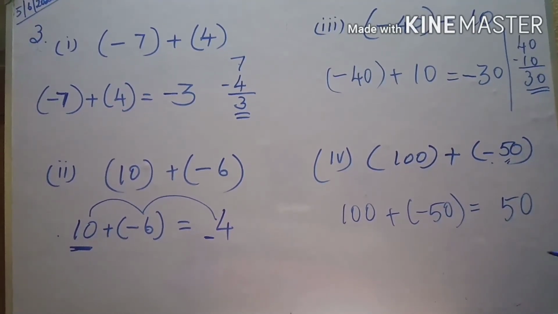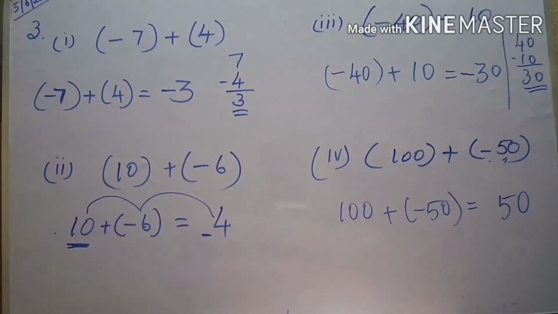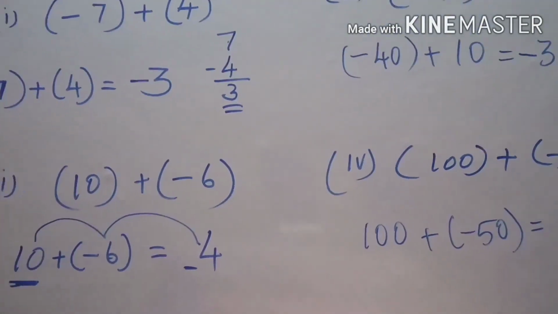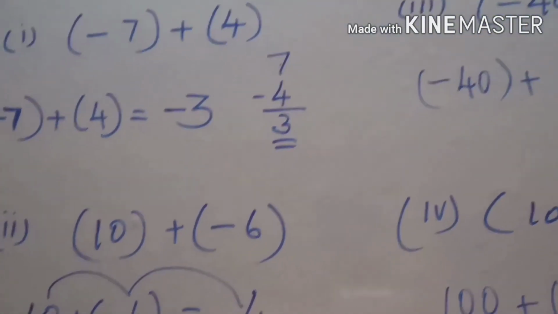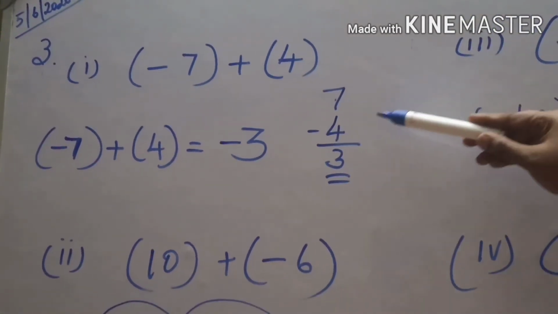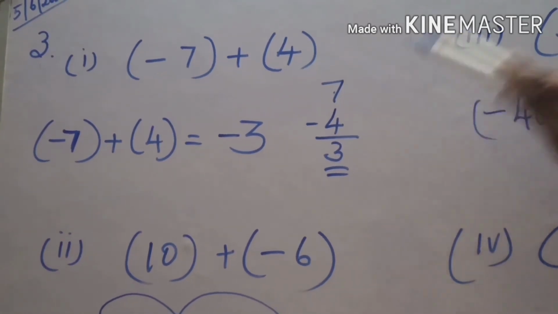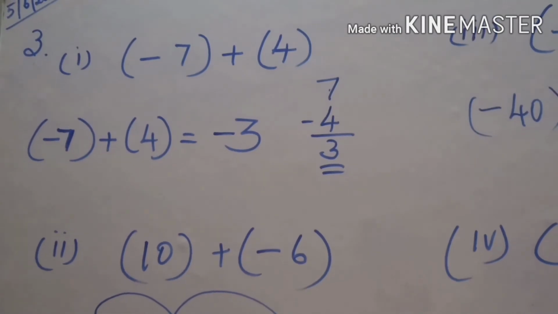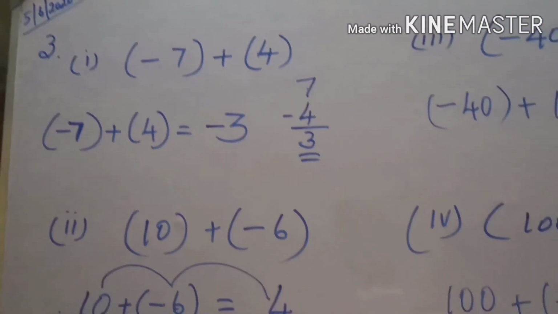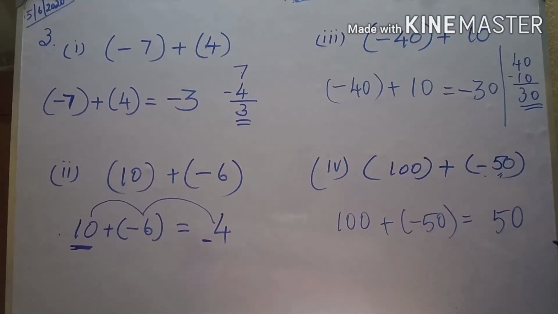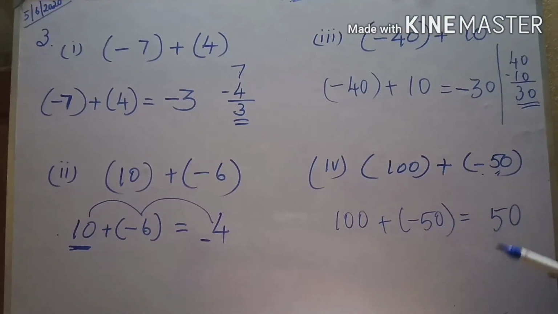Again, I'll explain one more time. Listen to me, children. We have two numbers. One is a positive and the other a negative number. Now, while adding those numbers, subtract the numbers. Subtraction means subtract the smaller number from the greater number. Am I clear? Subtract the numbers and put the greater number's symbol. That is very, very important. Am I clear? Right. Yes.